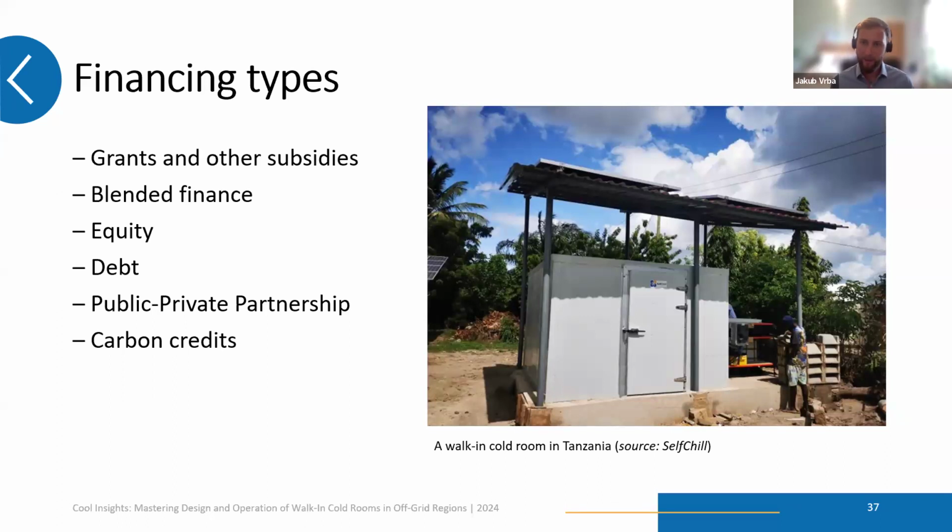And there are also some RBFs like the Productive Use Financing Facility that includes cold rooms as well. Next, blended finance instruments. That's typically a combination of grants and then equity or debt. We have got some examples of combining this concessional financing from perhaps development institutions or philanthropies with commercial funding from